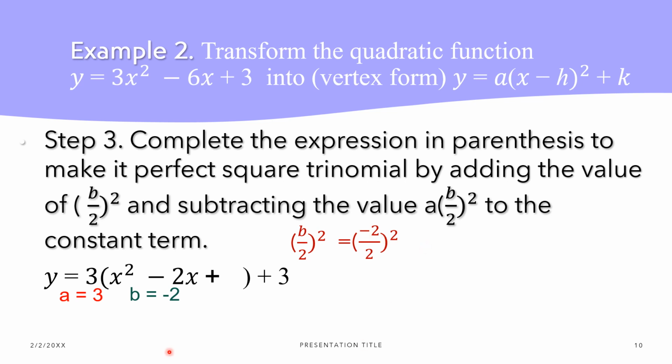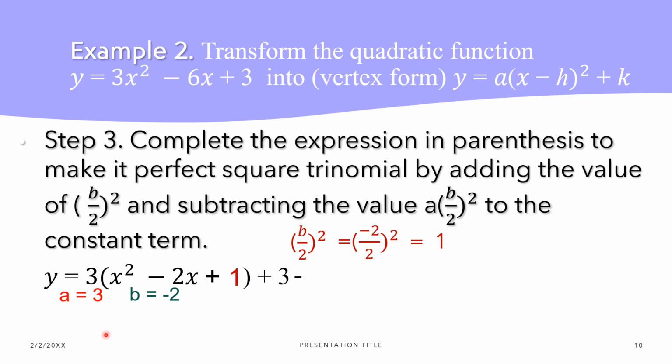Then, we simplify. That is 1. Paano po nangyari naging 1? Negative 2 divided by 2 is negative 1. Negative 1 squared is equal to 1. Then, yun na po yung i-add po natin dito para maging perfect square trinomial siya. Then, ano ngayon yung